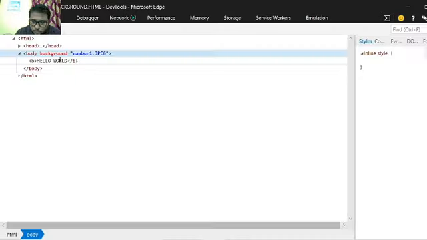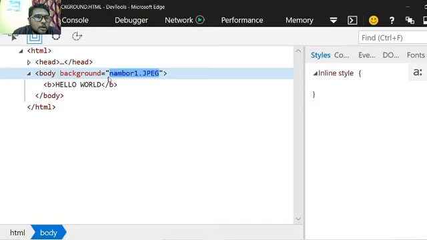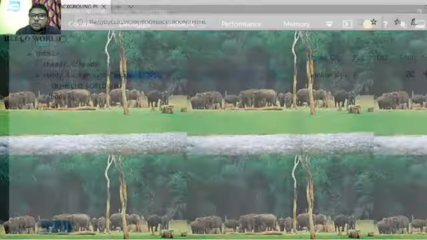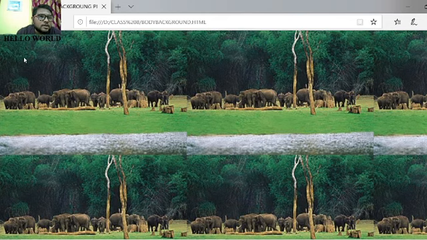Body background equal to number1.jpg. This number1 is the name of the image, background is the attribute, and number1 is the attribute value. That is the reason why we got an image in the background of the body tag. So I'll show you. This is the number1 picture, and this is the background of the web page.